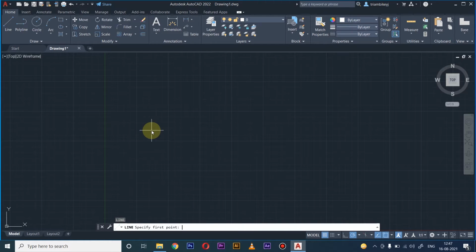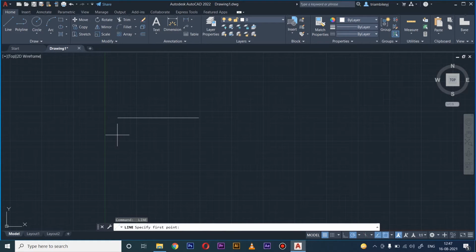No need to put the mouse in any specific area. You just have to press L and enter and then start making the line, and then you can either use space or enter to exit. And then if you want to again use that command, then use space or enter again. It will automatically